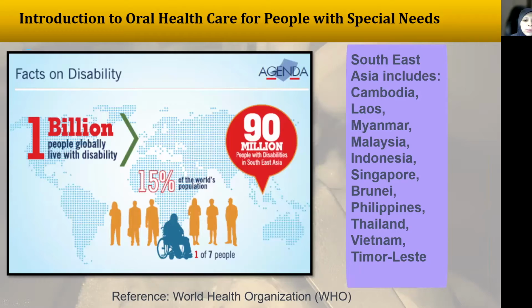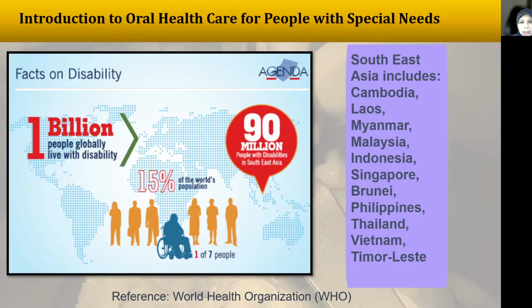The WHO, or World Health Organization, estimates that about 15% of the world's population experience some form of disability. This is equivalent to about 1 billion people globally. Using these estimations, there could be about 90 million people with disabilities in the Southeast Asia region. Having said that, you can estimate about 1 in 7 people in the world may experience at least one